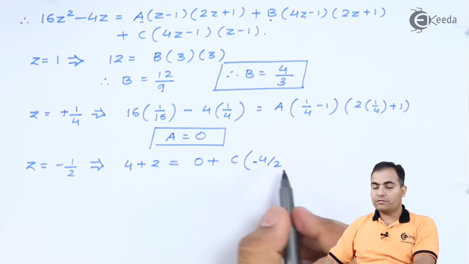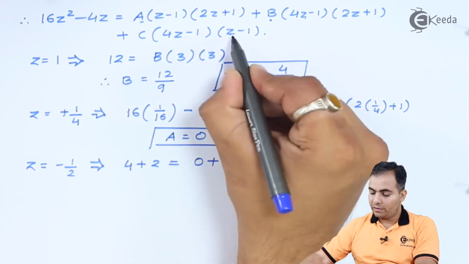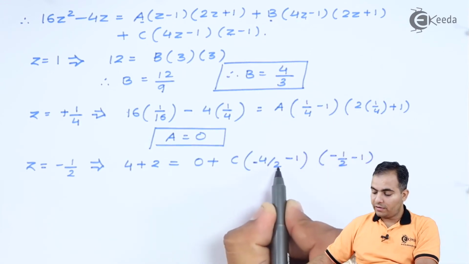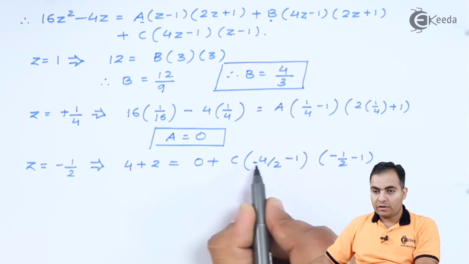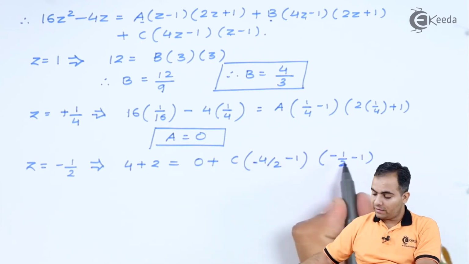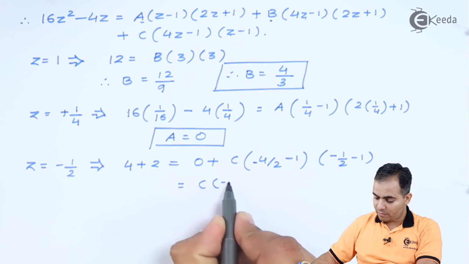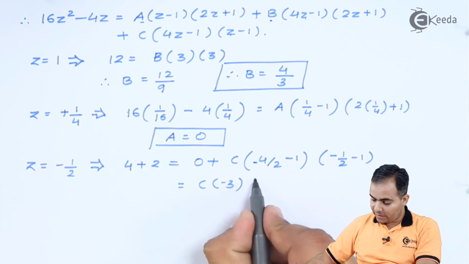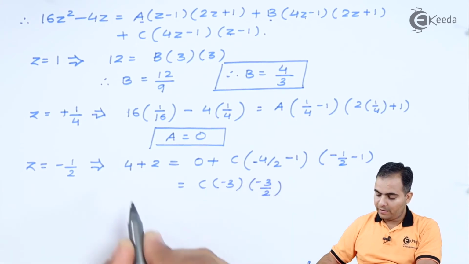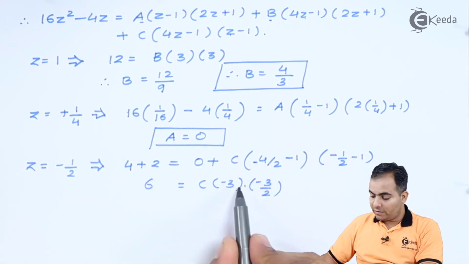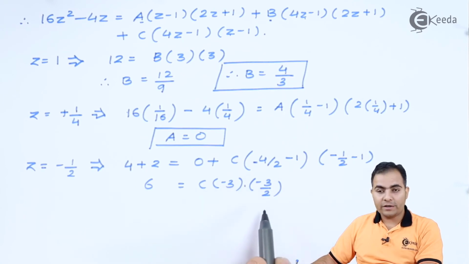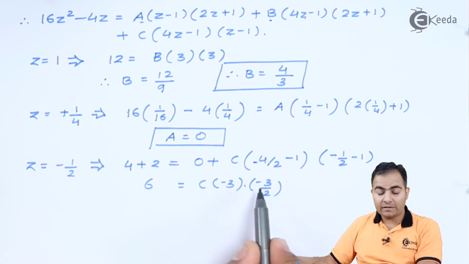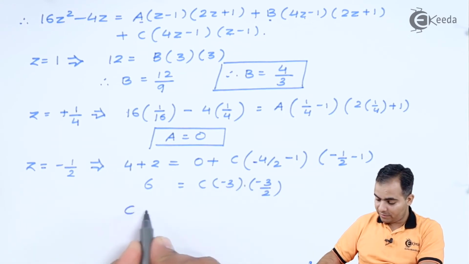I can write directly minus 4 by 2 minus 1. Over here also I can write minus 1 by 2 minus 1. Now 4 by 2 is 2, so minus 2 minus 1 is minus 3, and here we have minus half minus 1, answer is minus 3 by 2, and this will be a 6. A product of minus 3 into minus 3 by 2 is plus 9 by 2, and I will shift that